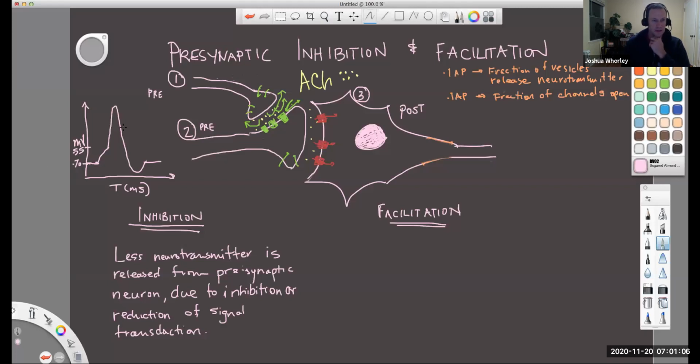Might make sense to actually look at this on some axes we're familiar with, where we're measuring the polarity over time. So we've got millivolts here on the y-axis, time on the x-axis. Here we are at resting potential, -70. Here's perhaps our threshold potential at -55. And under normal circumstances, you would get an action potential in neuron number 2, right? So we're actually looking here at neuron number 2. You would get an action potential sweeping down here,